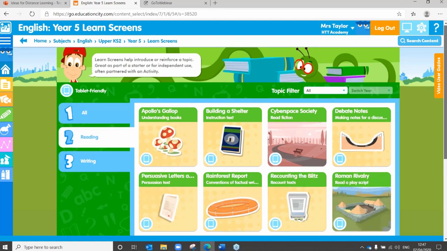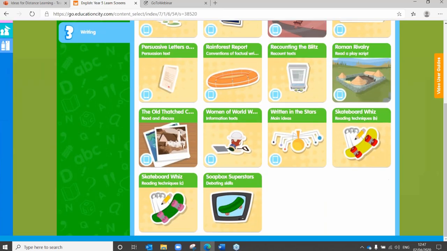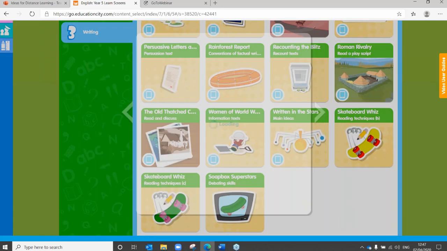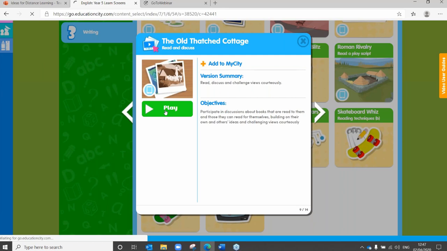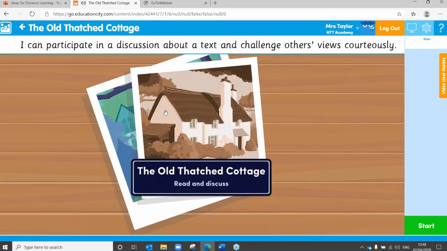And you can see now we've got our different ones going down here, and if I just open up one of these for you, you'll be able to see what that one looks like. So this one is about an old thatched cottage, and it's about reading and discussing